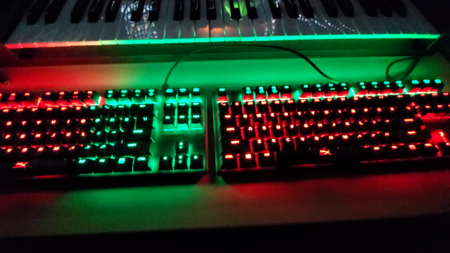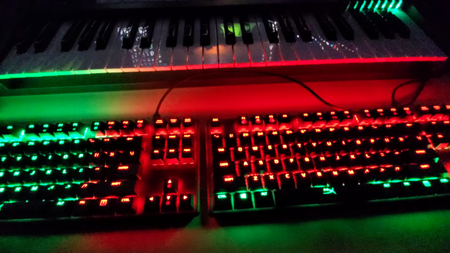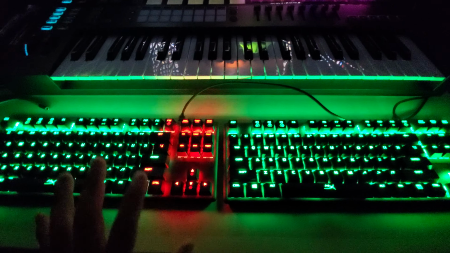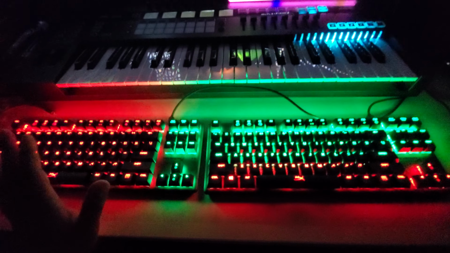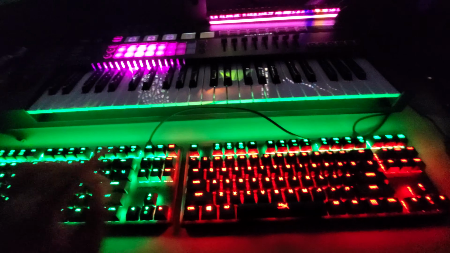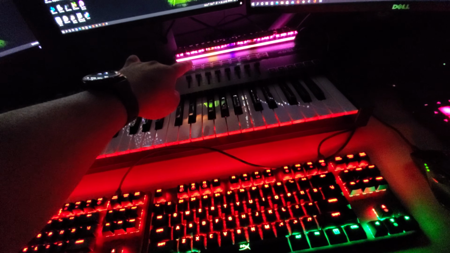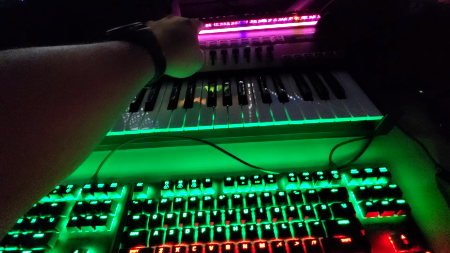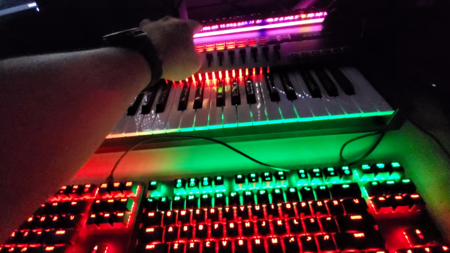But at least this shows you a quick hack if you like to have keyboards, or for some reason you want to use your keyboard as background lighting, like what I'm doing here with the Rogue Strix, because I really like that strip. Unfortunately, it looks like the Strix is going home, as it were. I love the lighting on the Strix too, but